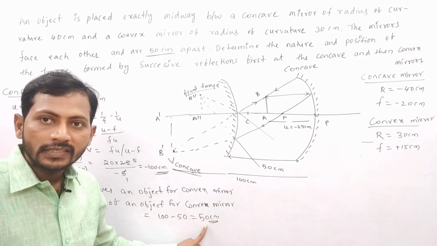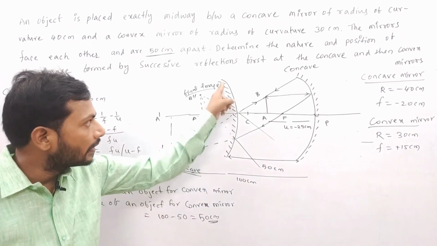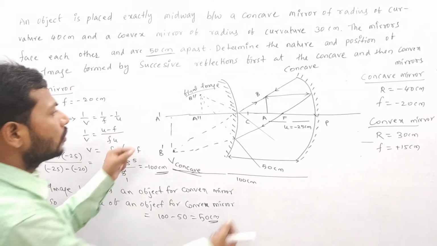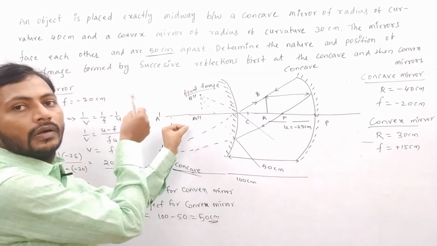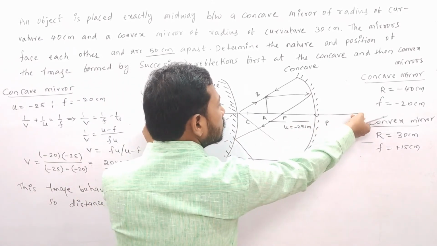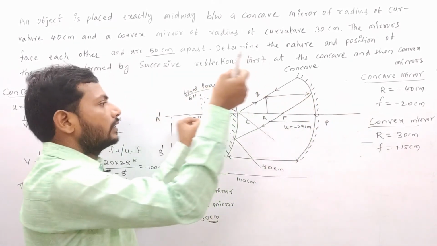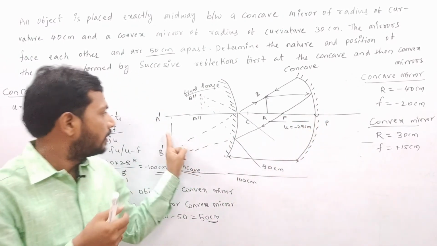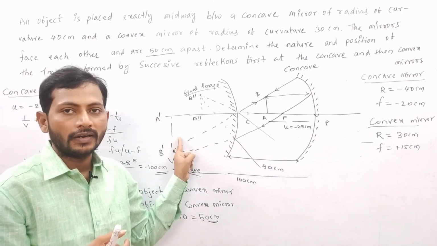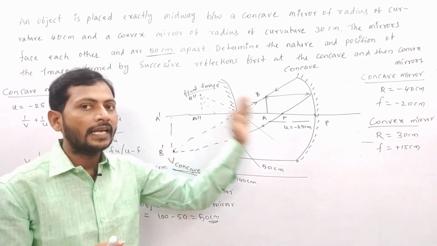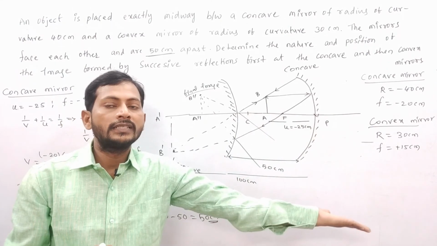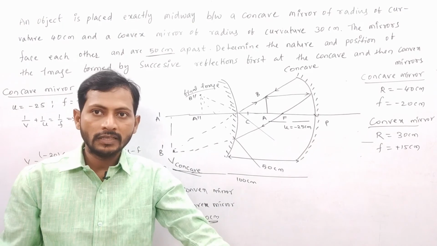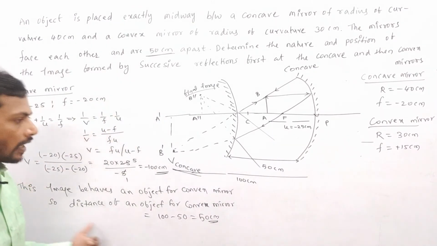But is this 50 plus or minus? Because it is a mirror, we have to apply the sign for the U value. Then you have to turn the same thing. I told you, take the principal axis like this and rotate. If you rotate like that, you can imagine, children, this image will be at the back side of the mirror. The back side of the mirror means the right side. Then what will U be? Positive, because the right side is positive. Then apply the same thing for the convex mirror.